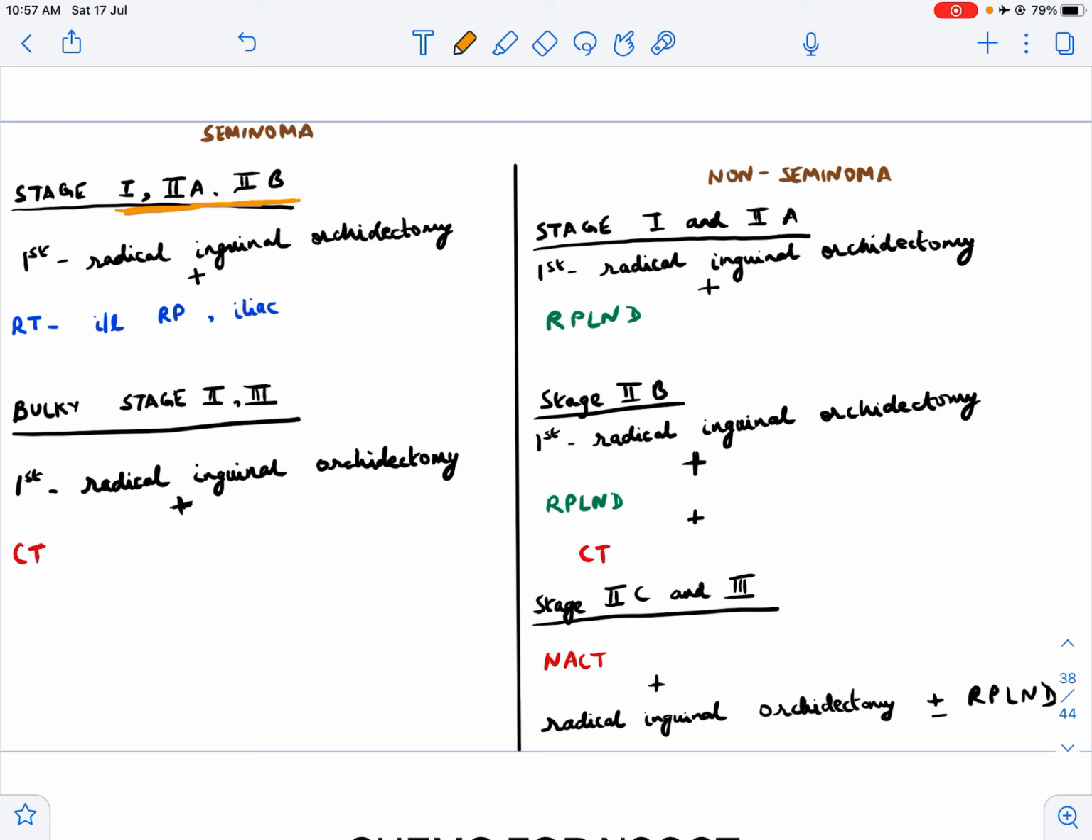This radiotherapy will be given to the ipsilateral retroperitoneal region and the iliac group of lymph nodes, because the retroperitoneum is the region from where the testis develops, which is why there are more chances of the testicular tumor spreading to the retroperitoneum. So for a stage 1, stage 2,